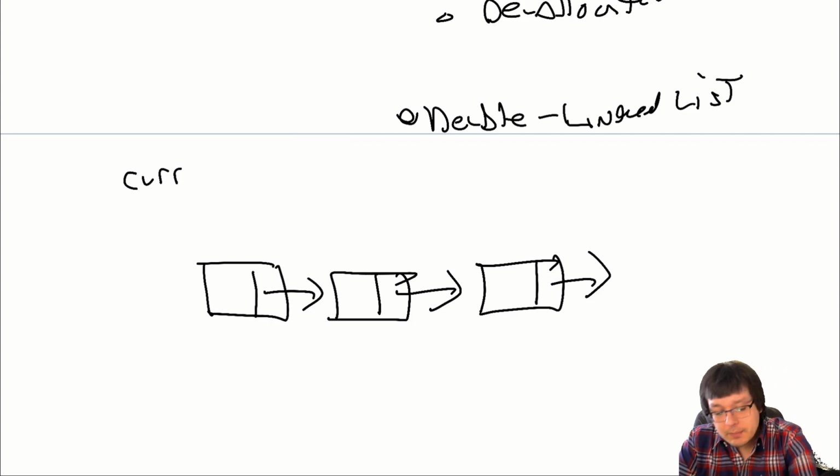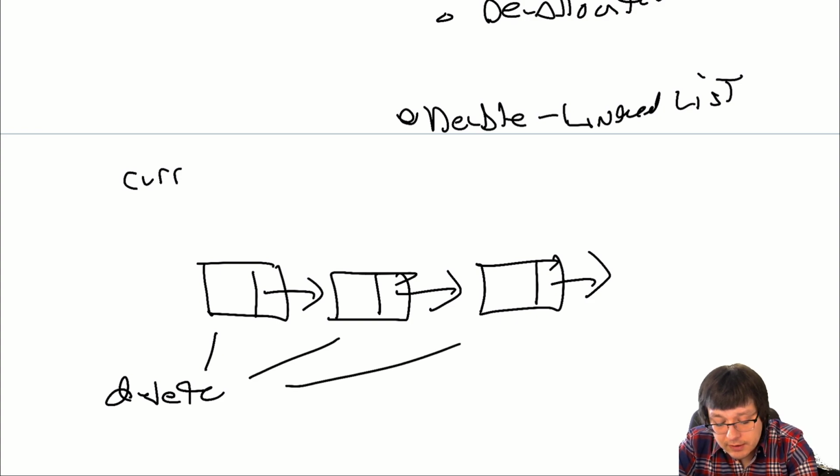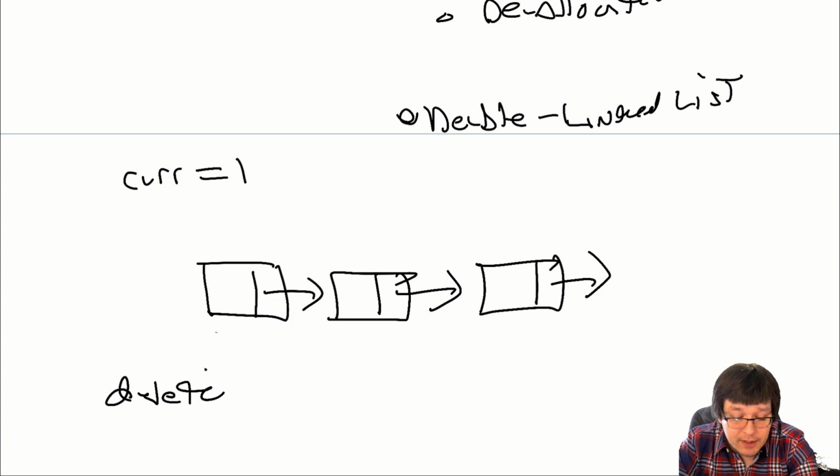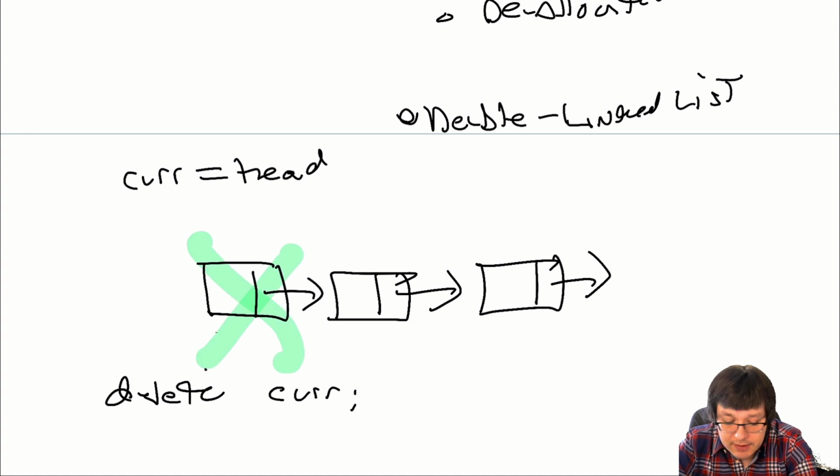But anyway, what I'm doing here is I want to delete each of these nodes, so I have to call delete on each of them individually. Delete, delete, delete. If I'm using a copy of head, I can make that copy of head like this. And then I want to say delete cur, which will basically delete this.